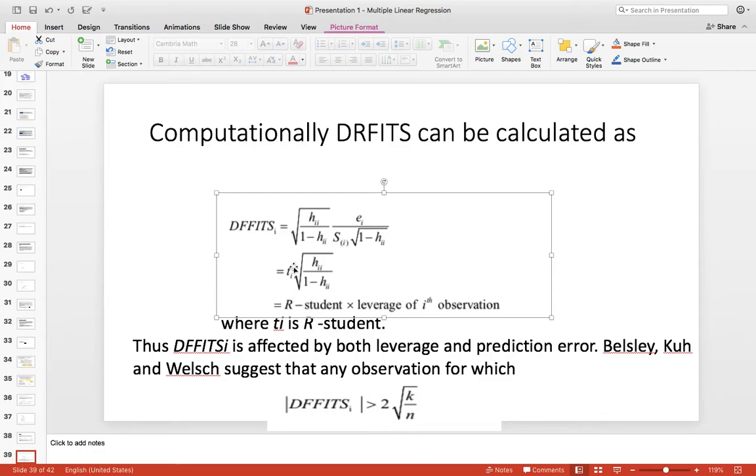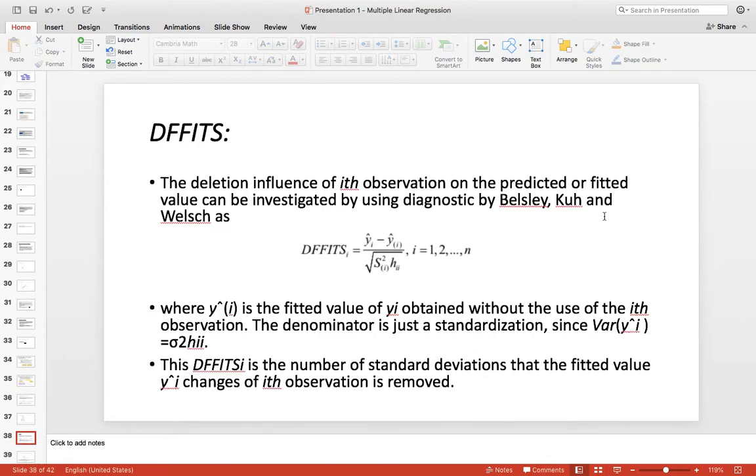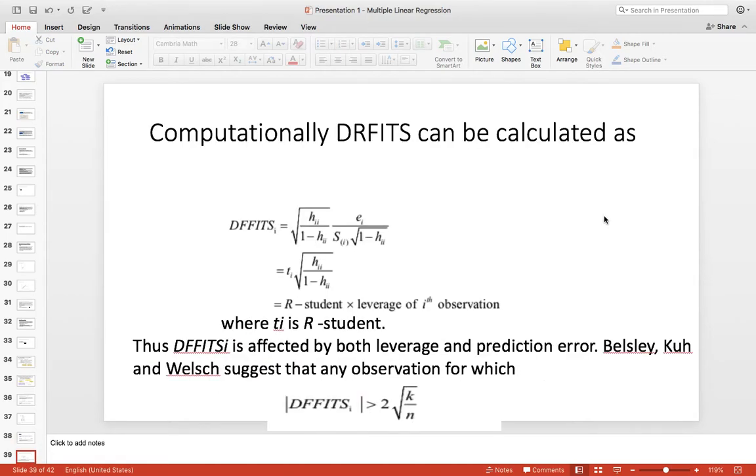So you take the R-student, and you can calculate this directly. It's not as elaborate as it seems over here. It can be calculated rather simply by just multiplying the R-student by root of h_ii divided by 1 minus h_ii, where t_i is the R-student value.